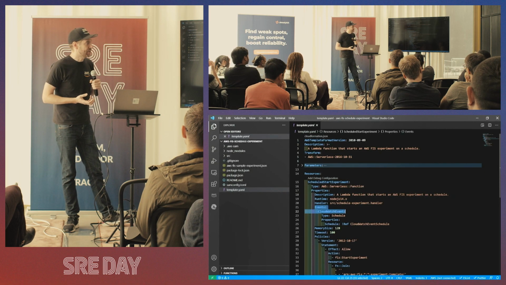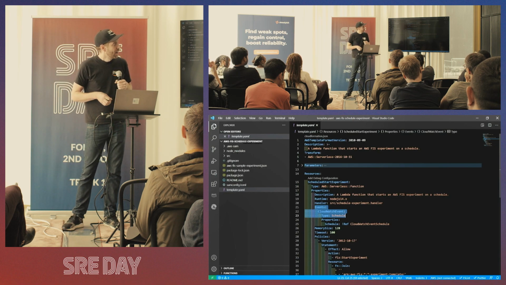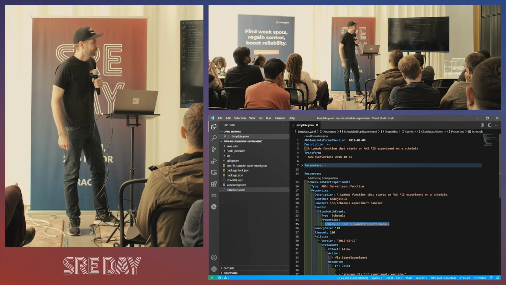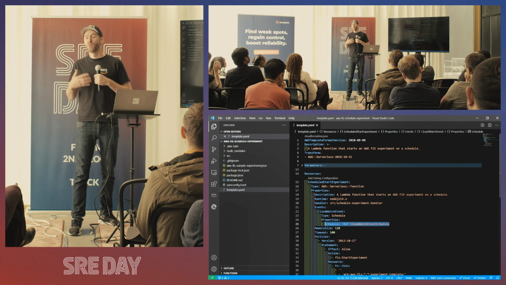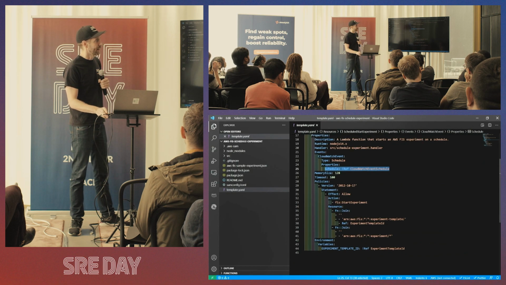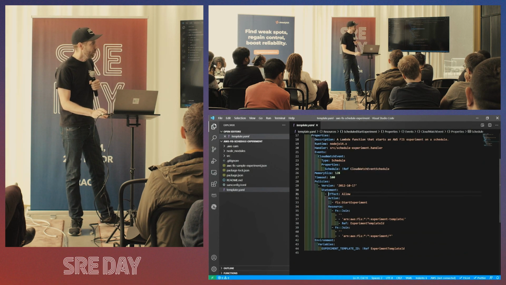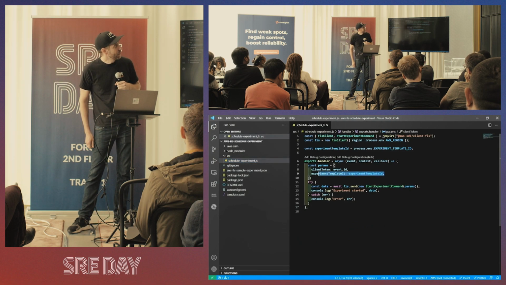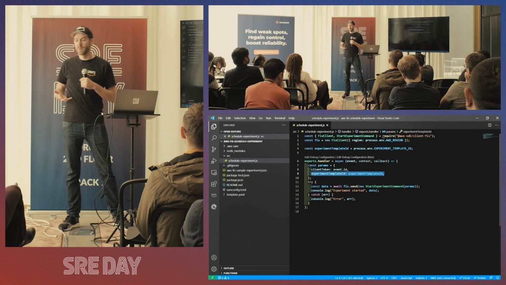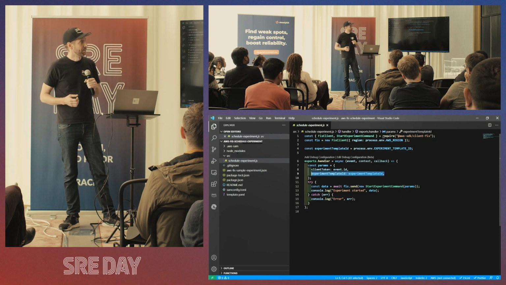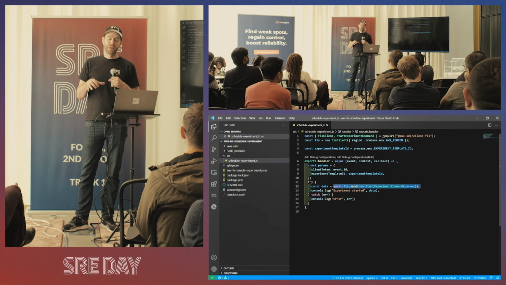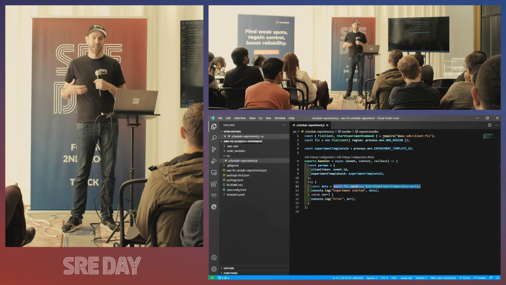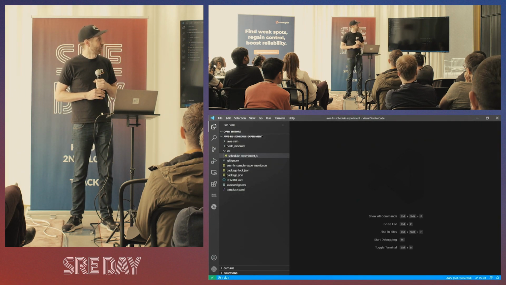I'm doing a simple scheduler by using a serverless scheduler, setting up an AWS Lambda function, and then setting up a schedule to run this experiment over and over again. We're using a simple AWS SDK to call the AWS FIS service on that schedule. We're providing it with an experiment template that I've run before and simply calling a start command to the AWS FIS service.